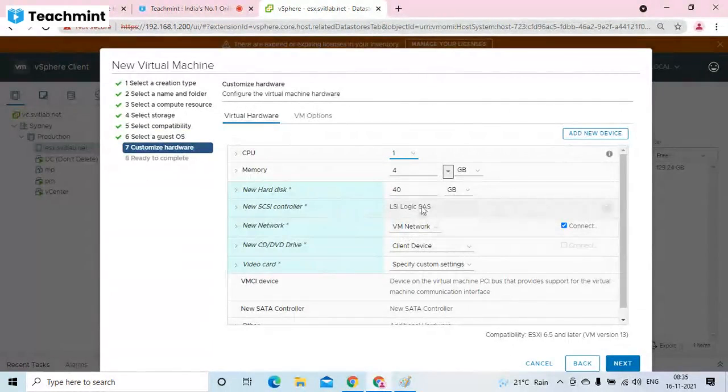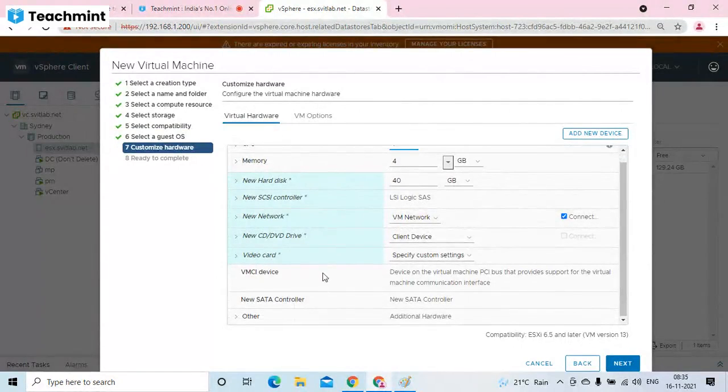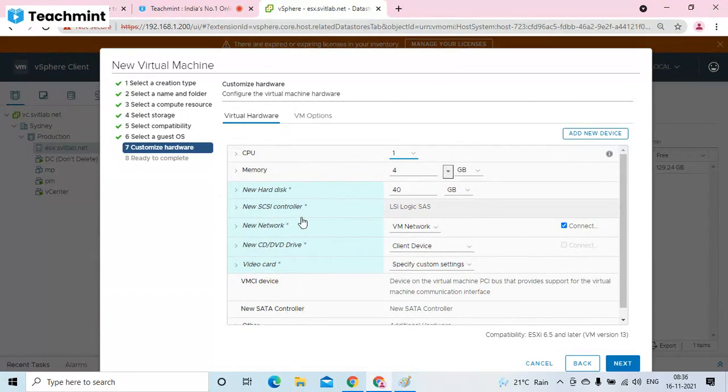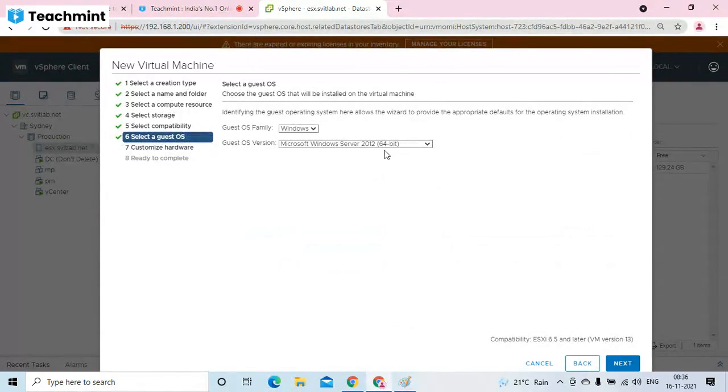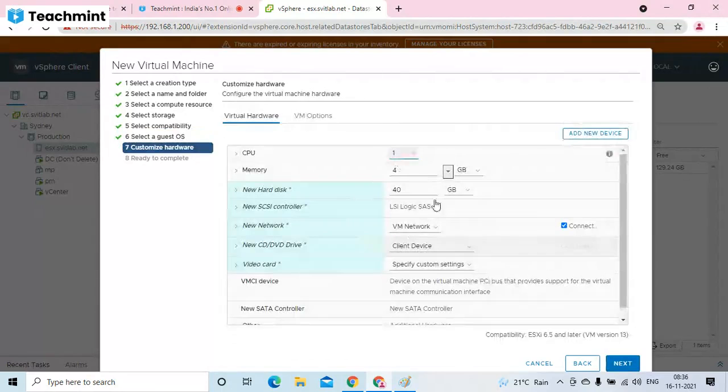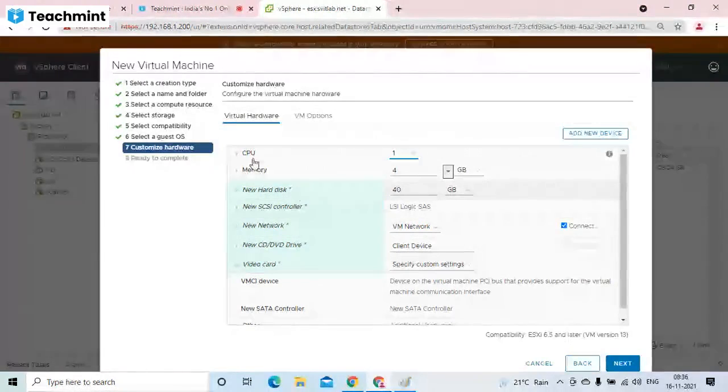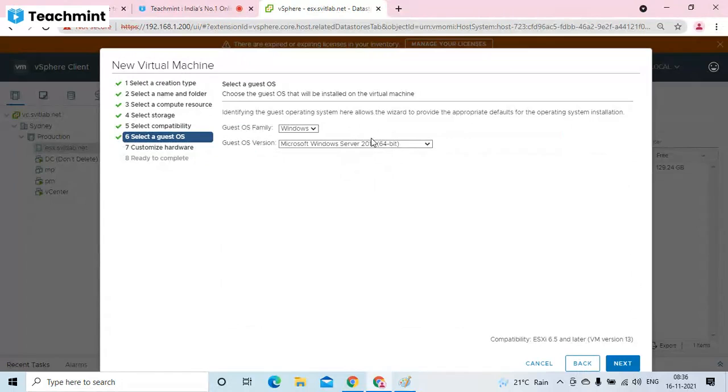The network adapters, SCSI controllers, these devices, right? Except the RAM, CPU, and hard disk, remaining devices will be automatically selected to install this operating system. If you try to install different operating system later, if you selected 2012 here, and now you click on next and finish, but later, like you are trying to install different operating system, it will not work because these hardware components are chosen to install this Windows Server 2012. But if you try to install a different one, different hardware components are needed for that. Okay, so it will not work properly. So when you choose some operating system here, you install the same operating system on that machine.